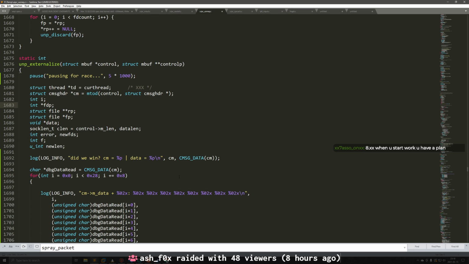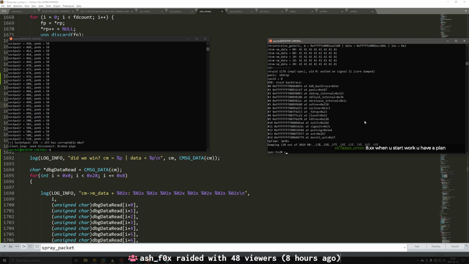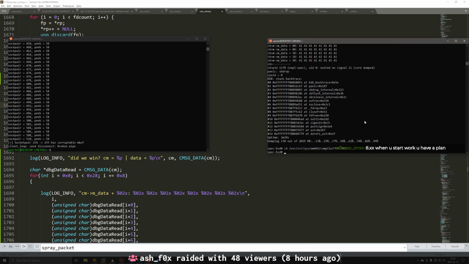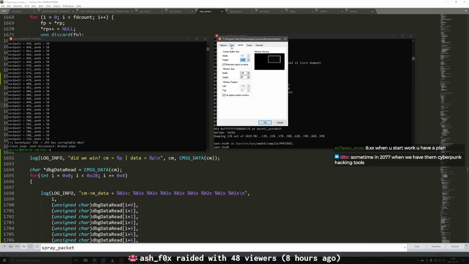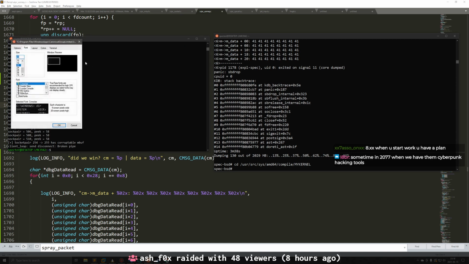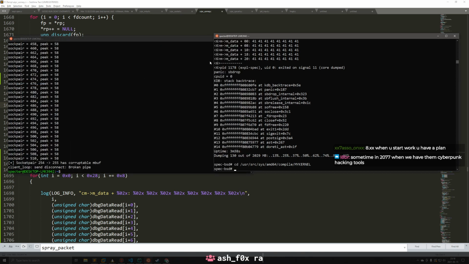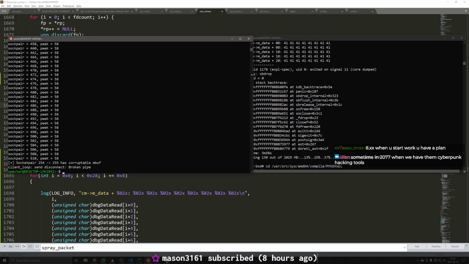Yeah, so let's get into that. We have the pause back in there, so let's build and install that kernel. We're going to go into user source sys AMD64 compile, and I've just named mine my kernel. It's very descriptive. Since we're working in terminal, let me make it a little bit bigger for you guys. I swear to God, I do this every stream, but it gets lost or something. That's probably a good size. I do have to shrink the terminals a little bit to make it work.